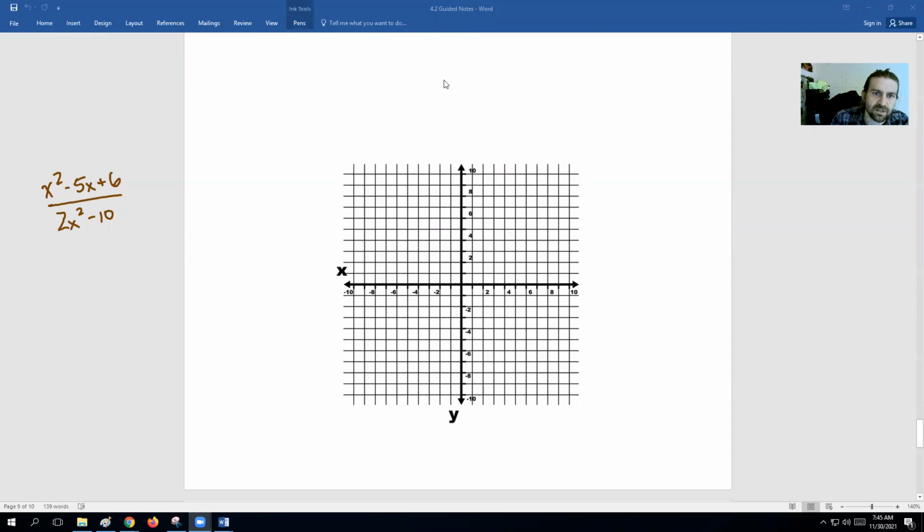Okay, so let's do this here. To find our vertical asymptotes, we're going to have to set the bottom